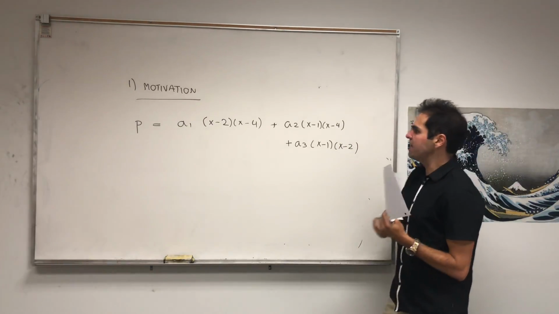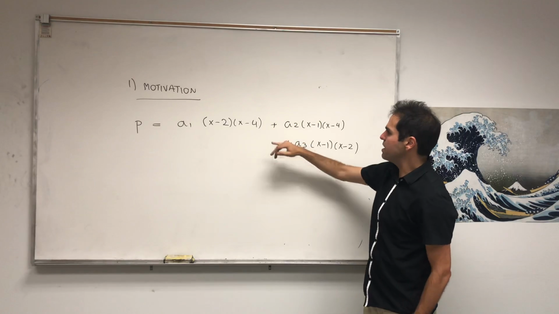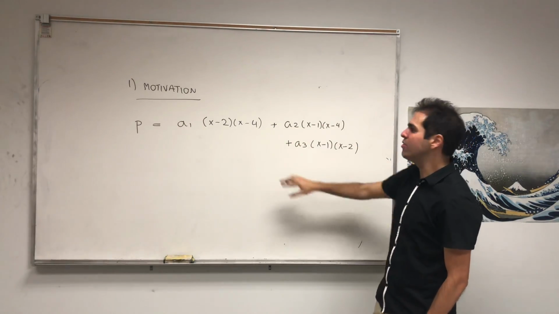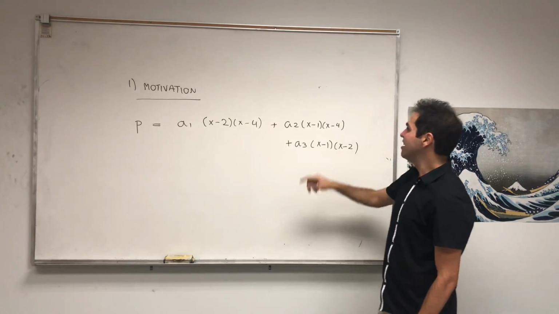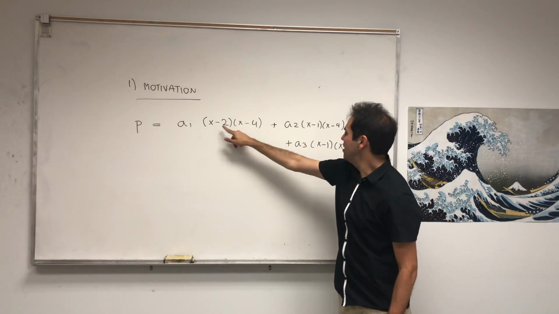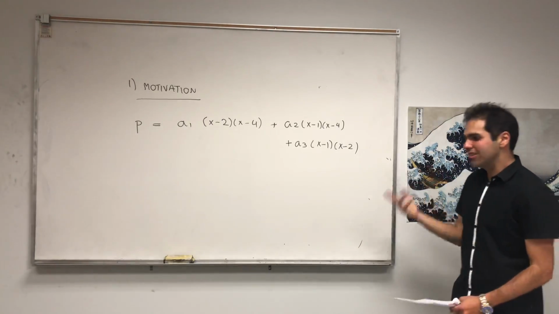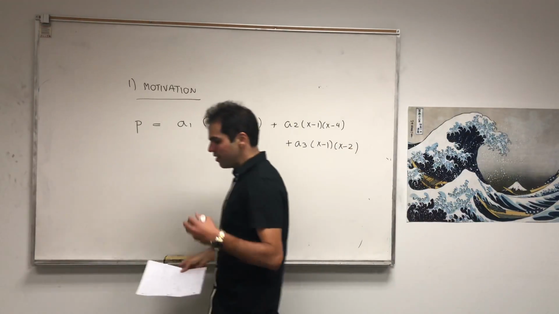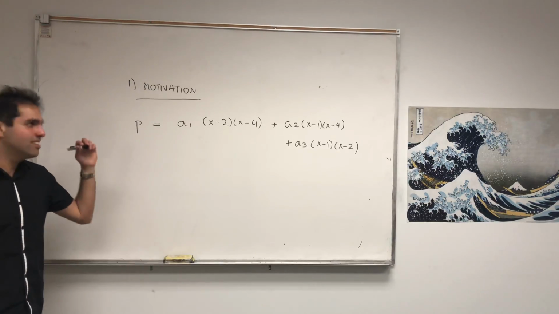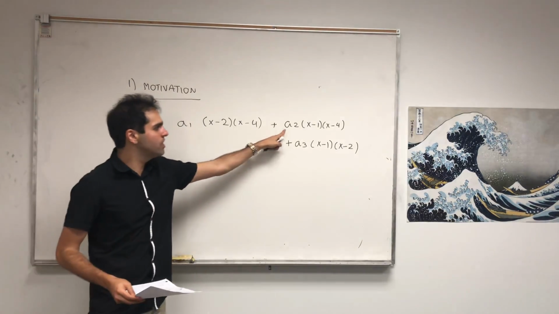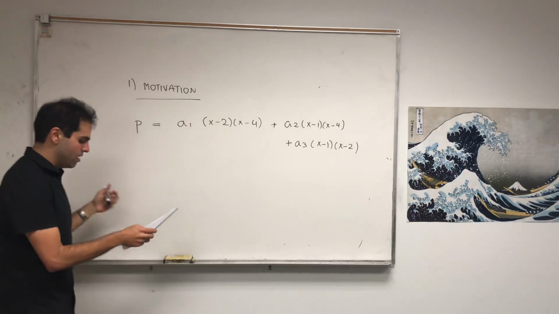The reason why we guess those polynomials is because if you plug in at 1, 2 of them just become 0, and you're left with this one. If you plug in at 2, 2 of them are 0, and then the other one is non-zero. So it's really an expression that's nice when you evaluate at the roots. But the question is, how do you get those other terms? Well,